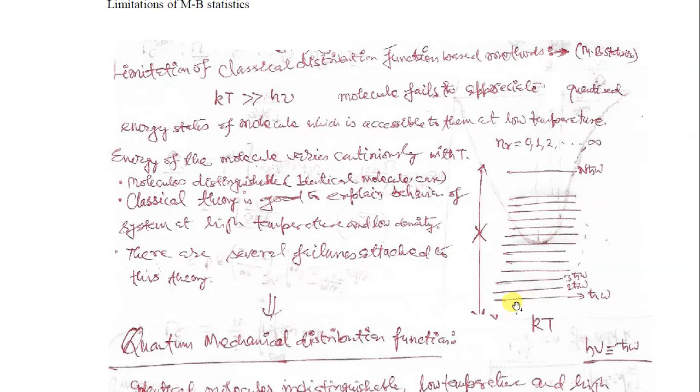quantized energy. Say these are the values of quantized energy that your molecule can possess. Say you can think of a molecule as a harmonic oscillator. Its value is varying, say, n h cross omega. So these are the values, but the thermal energy which is accessible to your molecule is very large in comparison to the spacing between these quantized energy states. So your molecule, say, from here it jumps to this place, and again it jumps from here to, say, this place. So this molecule is unable to see this quantum feature in the high temperature limit. That's why in the high temperature limit Maxwell-Boltzmann statistics is a good option to derive the physics of the